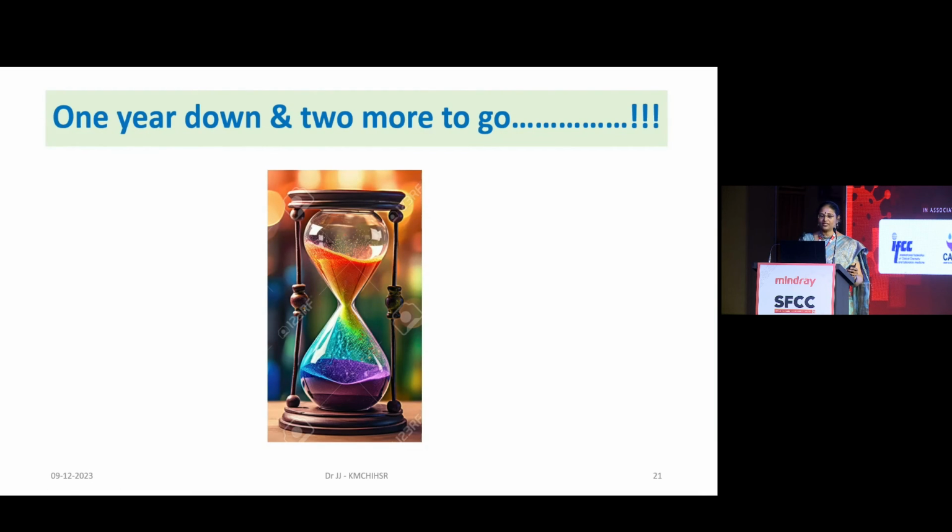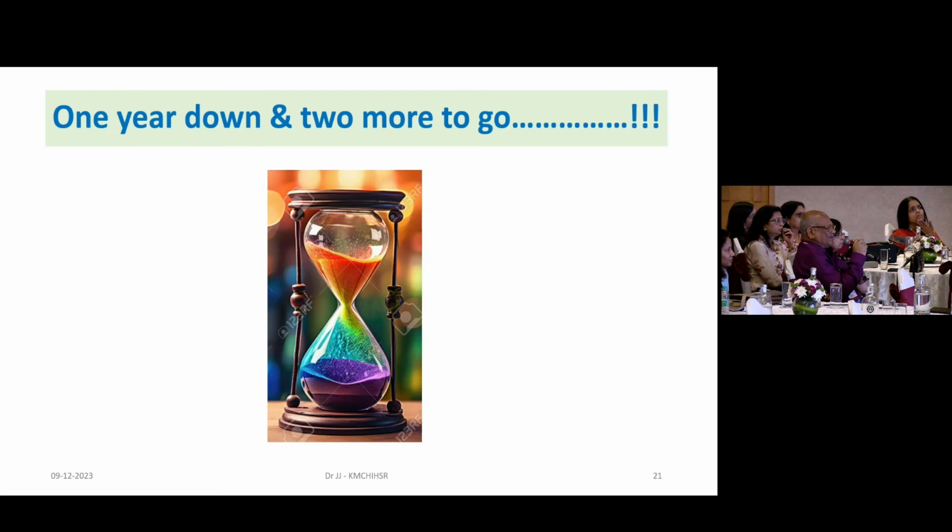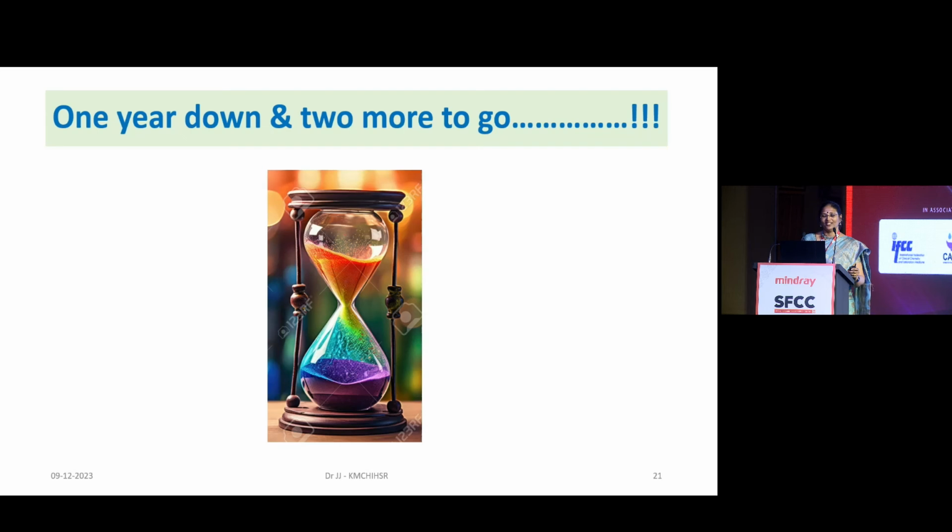The standard was released in December 2022, and for any document to be implemented completely, the time given is 3 years, which means 2025 onwards. So we have 2 years for us to implement this 2022 document.